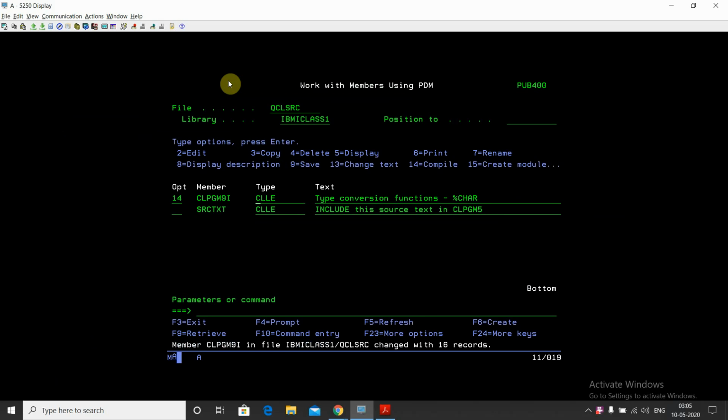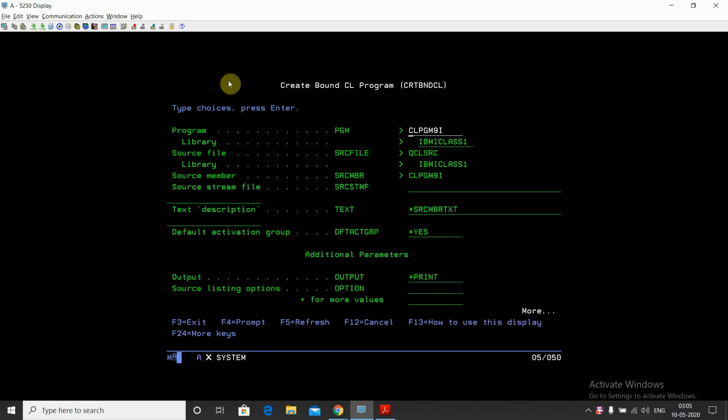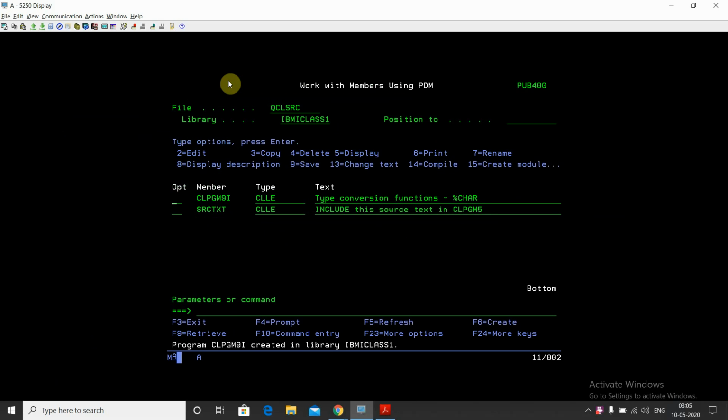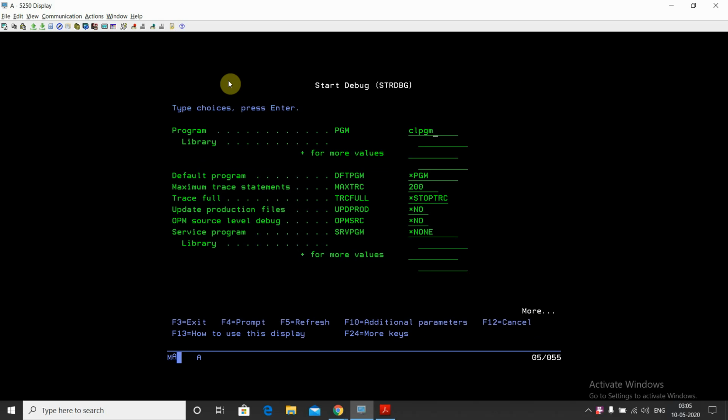Now F14, F10, file this with debug view *SOURCE. CLPGM9, just debug this program.